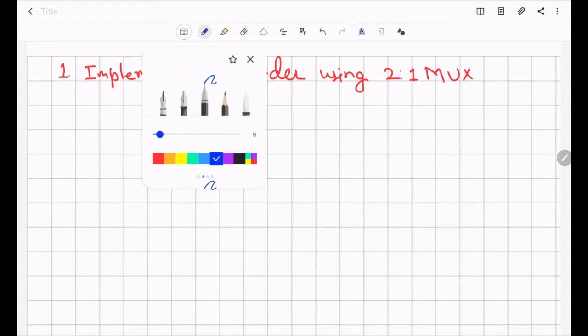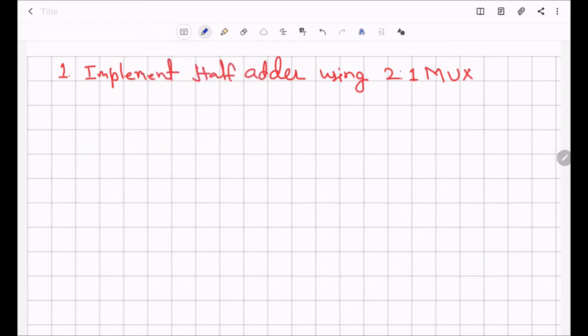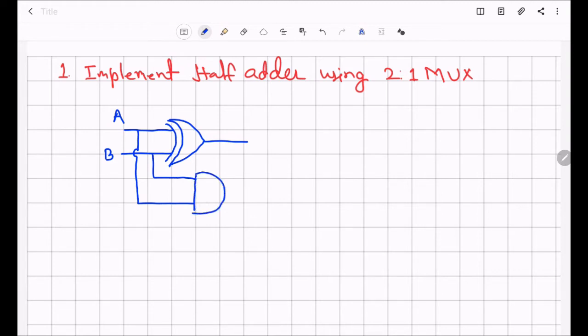So first we will see the half adder. So we know that the circuit diagram of half adder is this. This is sum and this is carry out.